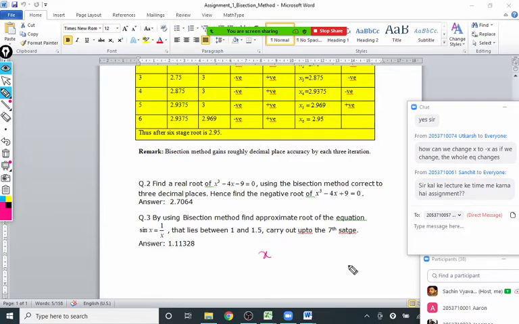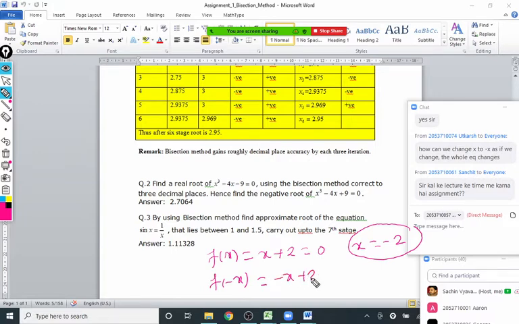Okay, I'm taking a very simple equation here because I think Utkarsh has a problem. Let us take the equation x plus 2 equal to 0. This is our f(x), f(x) equal to 0. Yes, Utkarsh, tell me, what is the root of this equation? So -2, x equal to -2. Yes, sir. -2 is a root. Now I will write the f(-x) equation. The f(-x) equation will be -x plus 2 equal to 0. And what is the root of this equation? +2. Okay, so this is very simple, logical.